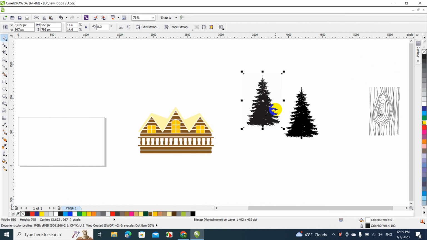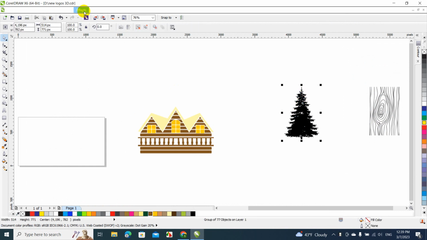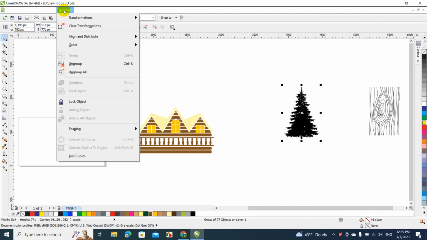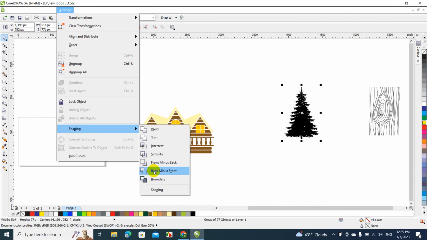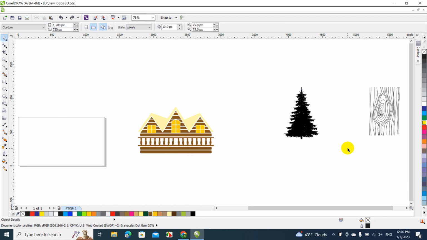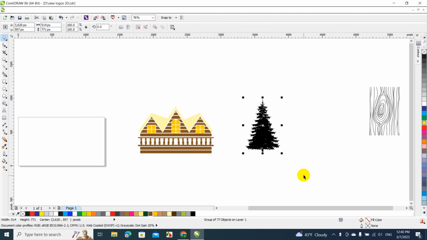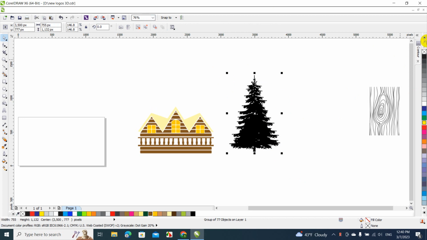Because I don't want all those details inside, like all those little dots. So let's go to, no, not bitmaps, arrange, shaping, and create a boundary. It's gonna create just like a shadow part without the details inside. And oh, I don't know why it's doing that. Okay, let's get rid of that. Okay, never mind. Let me just leave it like this, and let's just add some colors,